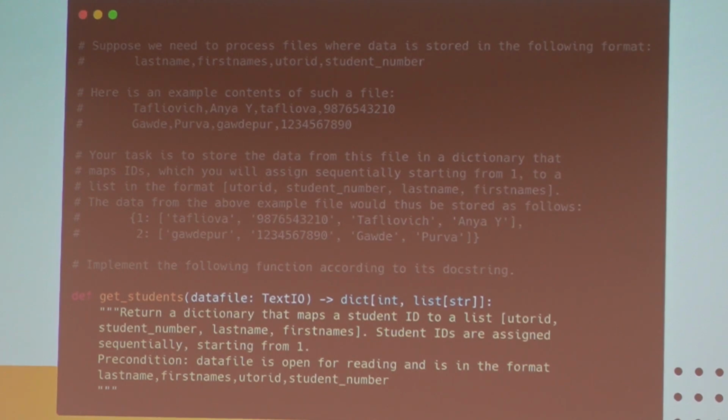But if the line that you just read is not empty, I would split it, once again, by the comma. And then what I noticed is that the output is basically equivalent to the input, but the last name and first name are one group, and the user ID and student number are a second group, and they're just swapped places. So what I would do, once again, I forgot you need to keep track of the IDs, so we would have a variable incrementing by 1, and every time we have a dictionary, have the ID equal to these two categories just swapped around